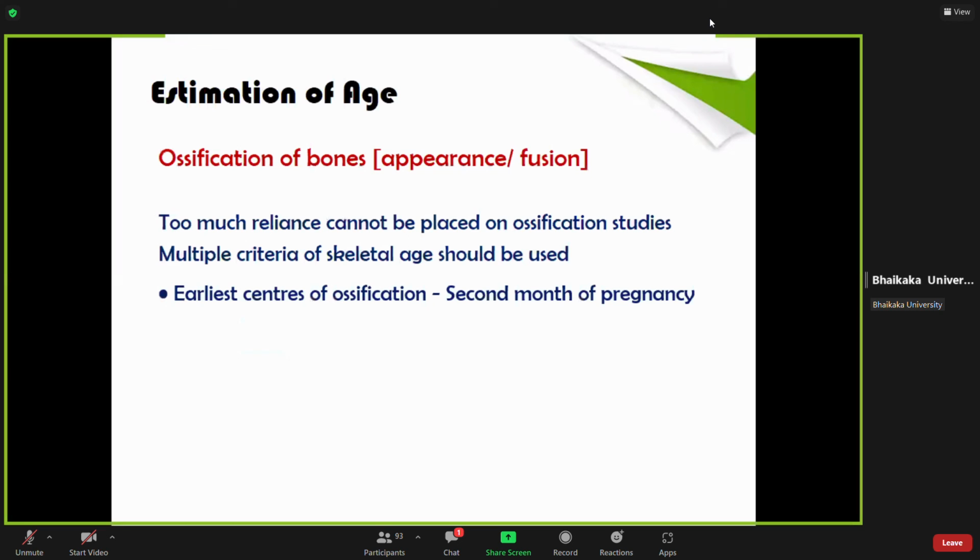Earliest center of ossification is seen in the second month of pregnancy. By the 11th week there will be 806 centers. At birth there